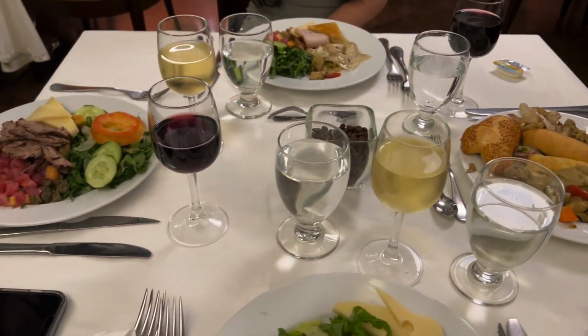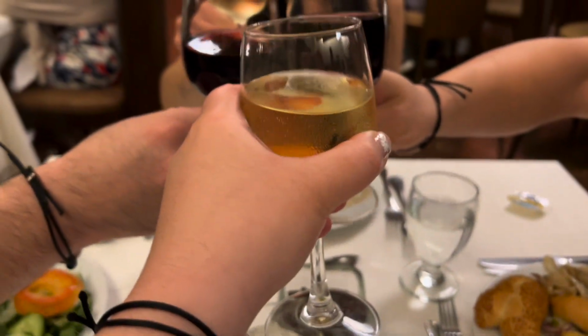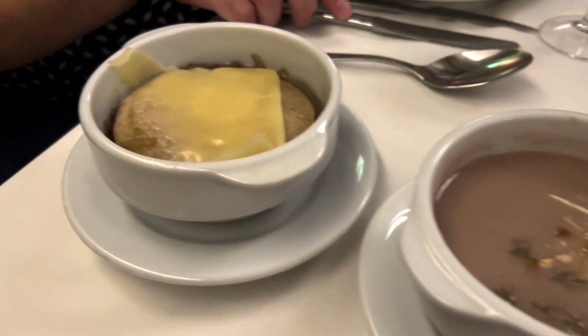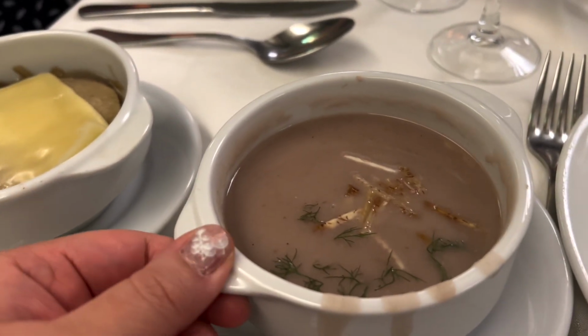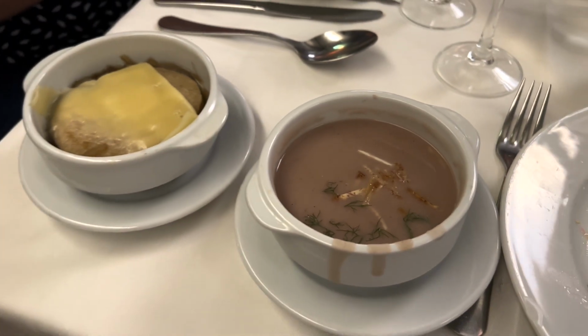So we ordered 4 soups because there's 4 of us. There's 2 French onion soup and 2 of this other purple yam soup thingy. Tell me how they forgot one of our soups, and it took them a really long time to realize that, or I don't even think they realized it. The French onion soup I do not recommend. It was actually super salty. The other soup is not as bad. It's actually okay. Anyways, they never came back with the 4th soup until we had to ask them,